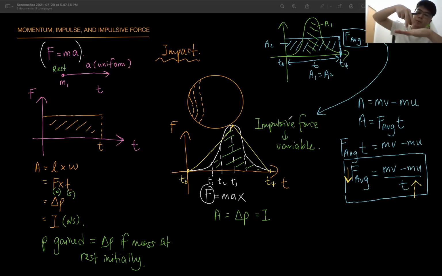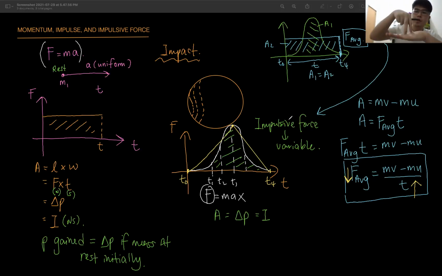Now when you hit the ground, your speed before you hit the ground is very large, because there's an acceleration every second. You're accelerating at 9.81. By the time you reach close to the ground, your speed is very large. When you hit, the speed suddenly goes to zero. Why suddenly goes to zero? Because the ground does not bend, it is not flexible. So your momentum drops to zero in a very short period of time. There's a change in momentum in a very short period of time that results in a very high force acting on your feet.